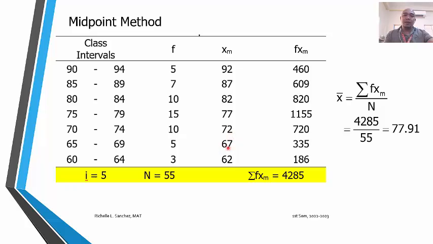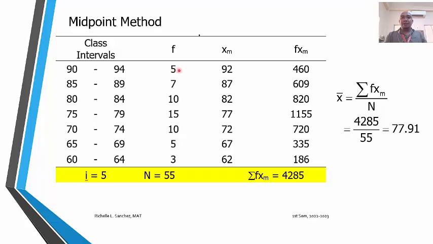So we add 62 plus 5, that is 67, plus 5, that is 72, plus 5, that is 77, plus 5, that is 82, plus 5, 87. We have 87 plus 5, that is 92. After we construct the midpoint column,